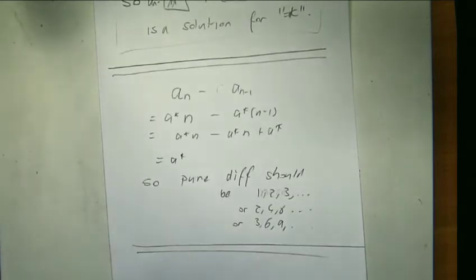So I guess the idea with the homogeneous one is that you want it to come out to 0. So in the case where it's a pure difference and it comes out to 0, then if you choose them all to be the same number, it'll work. You know, a_n and a_{n-1} are the two terms next to each other, and you do the difference and it comes out to 0, they'll be the same number. So choosing the whole sequence to be 4, 4, 4, 4, 4 should do the trick. Okay, so in that situation, and the other situation is that,